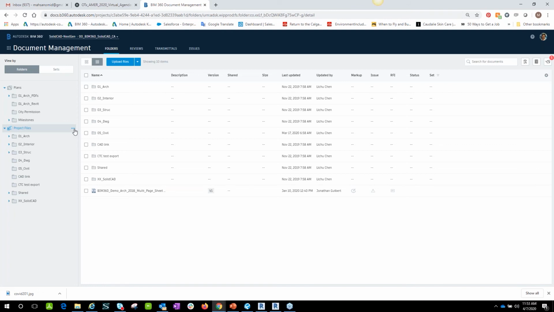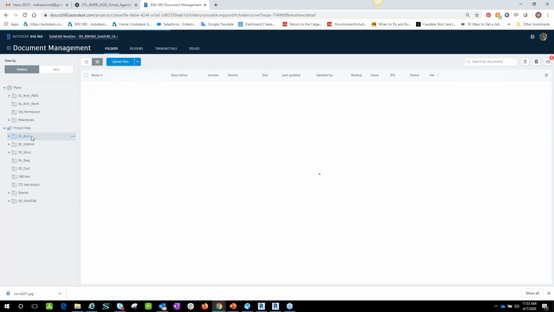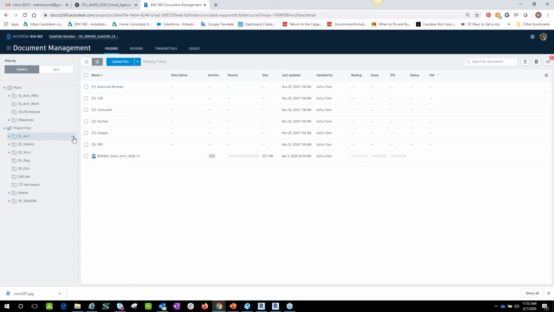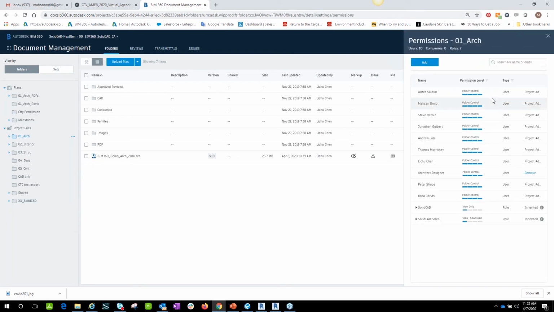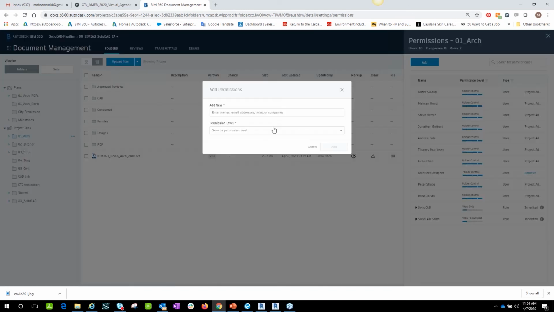So while we are on that subject, let's talk a little bit about permissions of different parties involved and who has the access and who can view and who can edit different things. If you're going to be on any of these folders under the project files, right-clicking on that, there are permissions inside of your projects. As an architect, I have this many people that are collaborating with each other. So if I'm going to be adding another person, let's say,